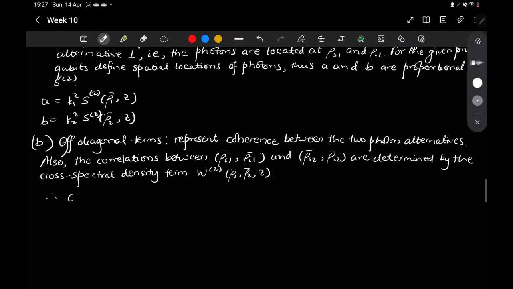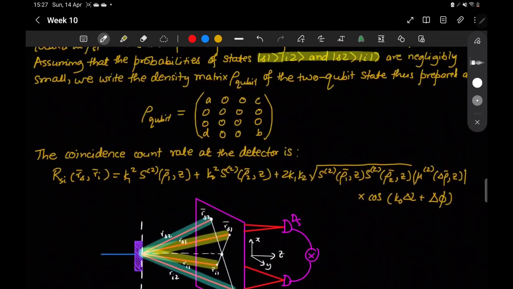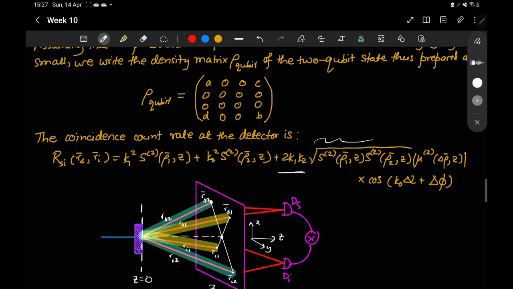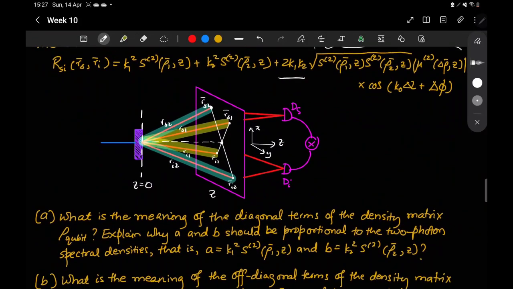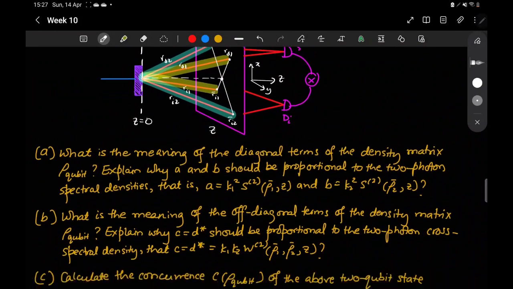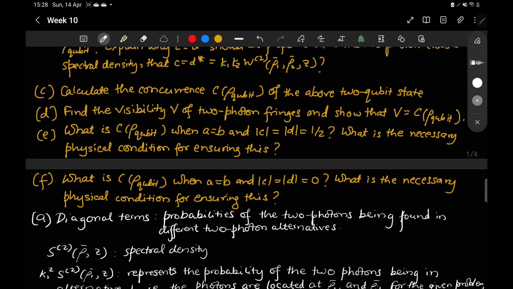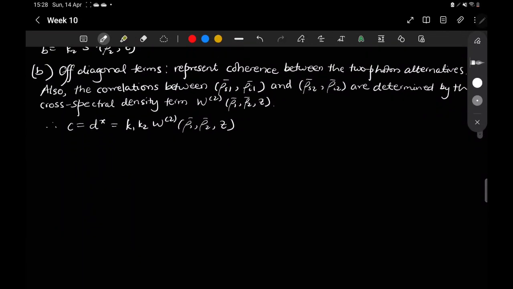So therefore we have C equals T star equals K1 K2 W rho 1 rho 2 Z. Now you may ask that in this expression we have 2 K1 K2 W. So if you combine this whole thing, this is W rho 1 rho 2 Z. So since we have twice of this term, you might ask why not have twice, or where did the factor of 2 go? So that's because